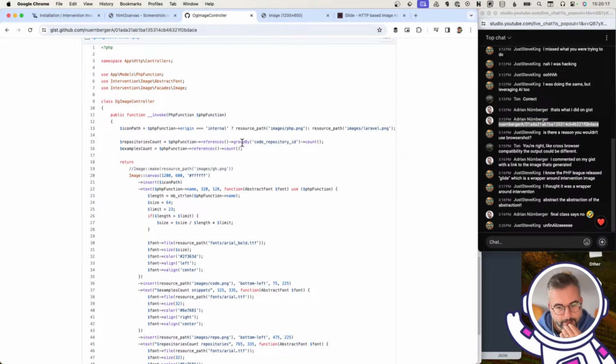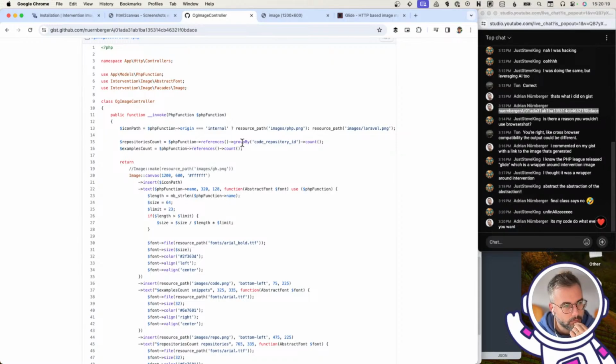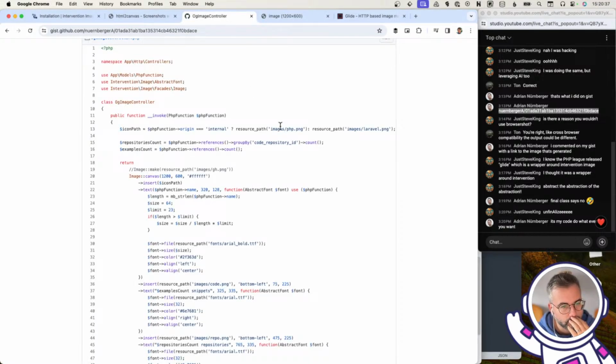So let's break it down. We've got a path, which I guess is the output path. Or is that the icon? No, sorry, that's the PHP logo that we've got here. So, okay, we can insert a file nice and easily. Nice. And then text, we're getting some